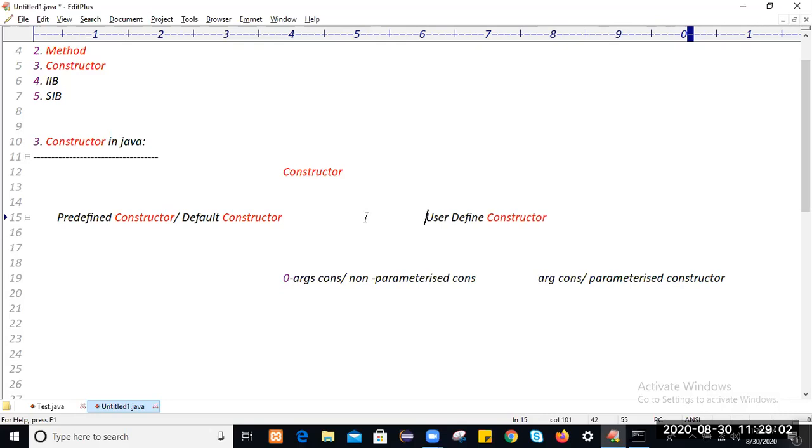We have two types of constructor. Predefined constructor, that is called default constructor. User defined constructor. Again, user defined constructor differs into two types: zero arg constructor or non parameterized constructor, and argument constructor or parameterized constructor.